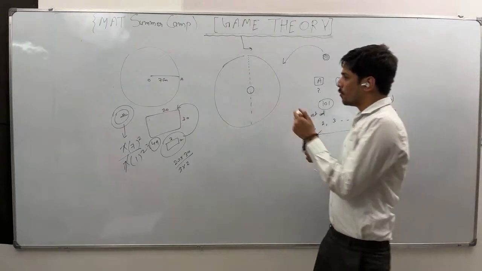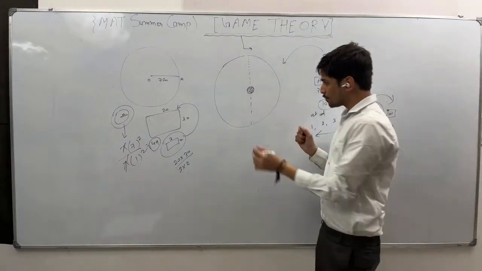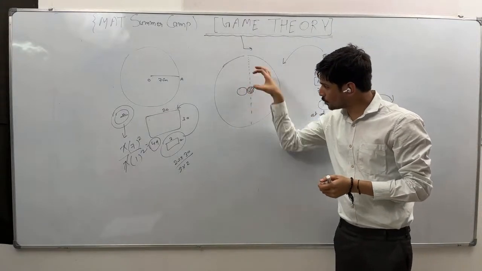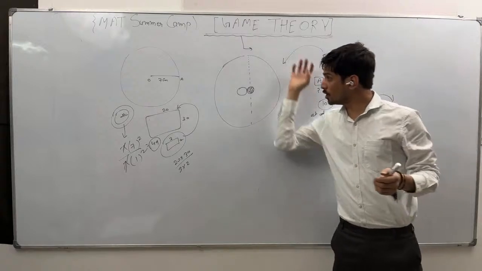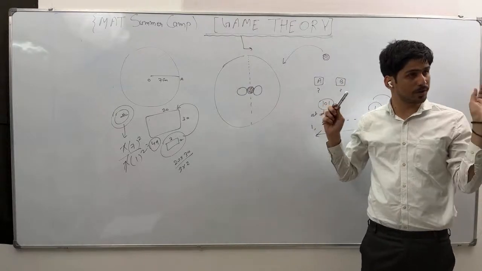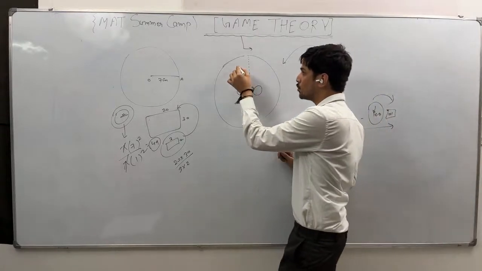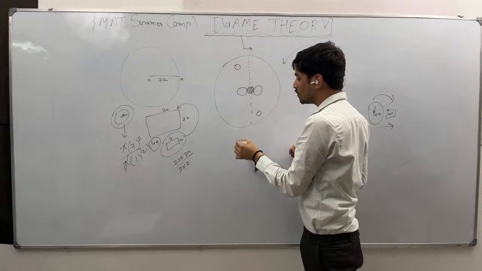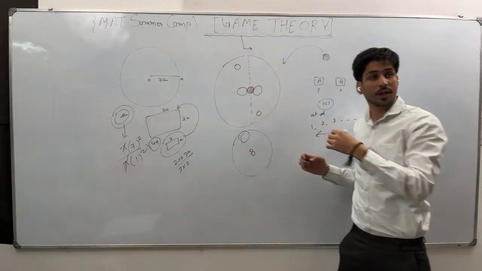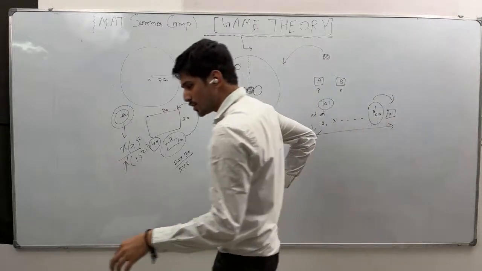Why is it happening? Once you put any coin in the center, let's say B is putting a coin here. After putting the coin in the center, the whole picture is symmetric. If B is able to put here, corresponding opposite to that, you also have space. If B has some space to put the coin, A is definitely going to have some space. If B is putting here, definitely I'll put here. So likewise, after a particular amount of time, finally B is putting here, then A will put opposite to that. After that, there won't be any space left for B to put a coin. Is it clear?